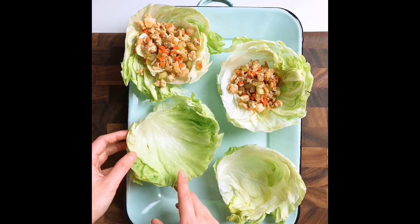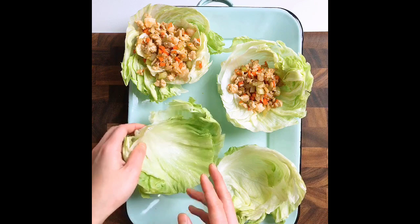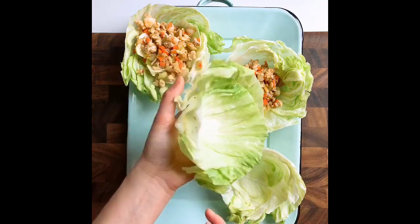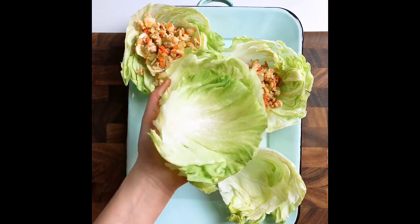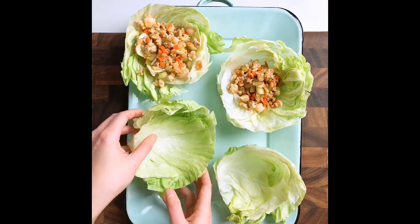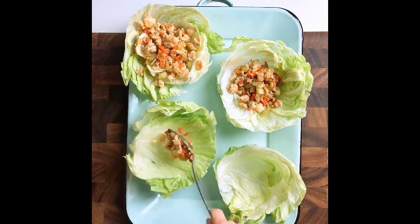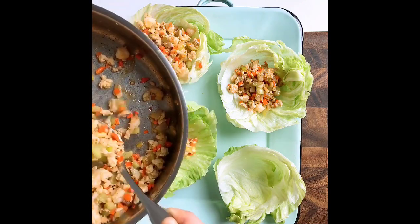So these are iceberg lettuce. I peel them, and then I just use a scissor to kind of trim off the rings, so it makes them become a perfect cup. You can hold it in there. You can also use Boston lettuce, so whatever lettuce you feel fancy to use, and just scoop these beautiful stir-fry